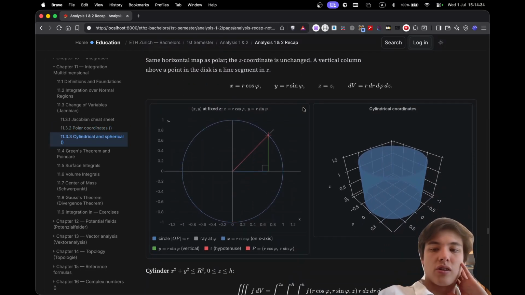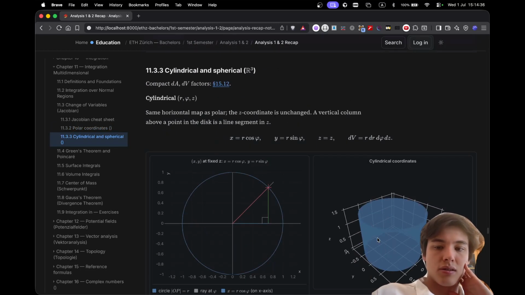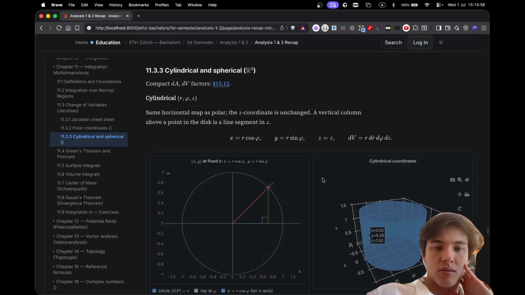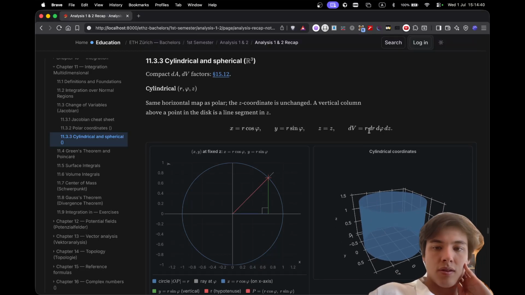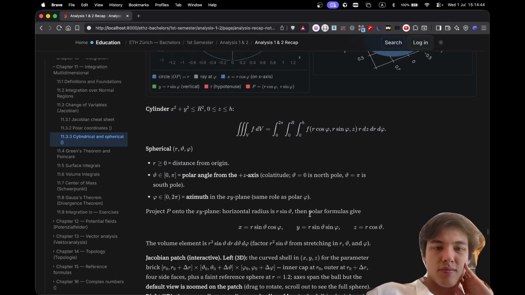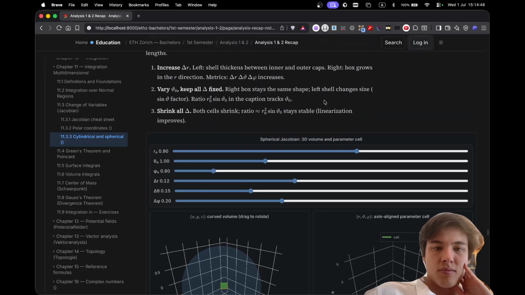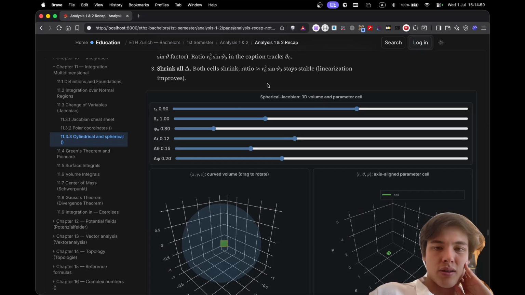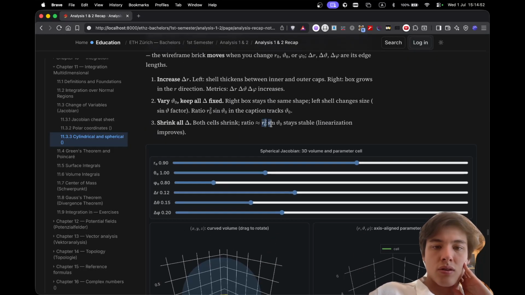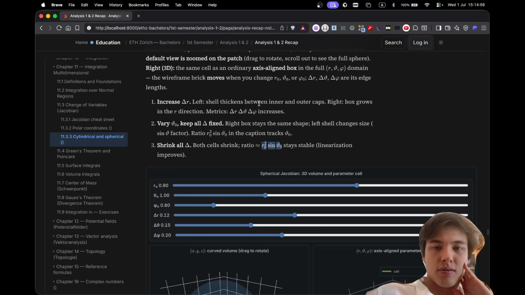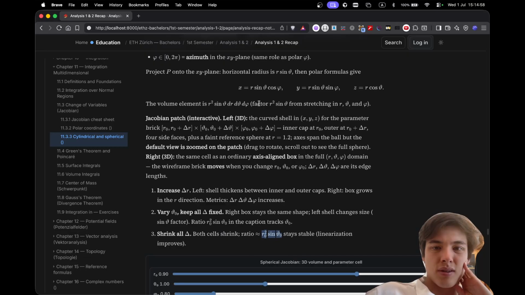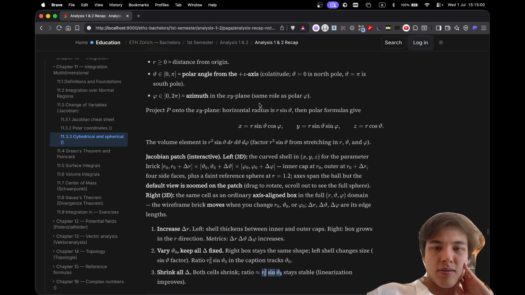If cylindrical, it's similar. Let's see, scaled by R. And the sphere, we can also see. Now in the sphere, we need to have the ratio of this. Right. Factor R squared sine of